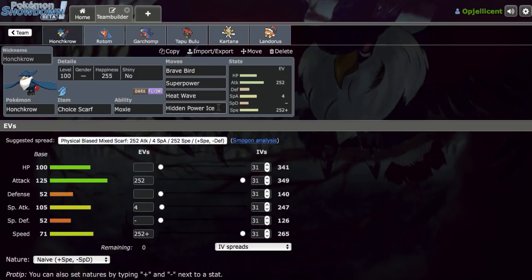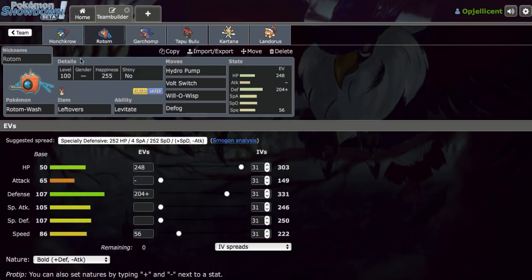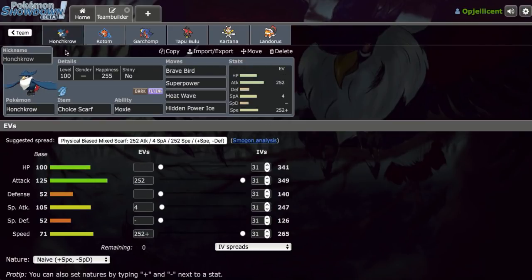HP Ice is for obviously Zygarde and Landorus-T, that sort of thing, and just a pretty standard EV spread right here, max attack, max speed. So hopefully we can get some nice late game cleans with Honchkrow. But I also knew that I did want hazard control. And I also wanted a way to pressure steel type Pokemon, which Honchkrow can definitely struggle with, so I decided